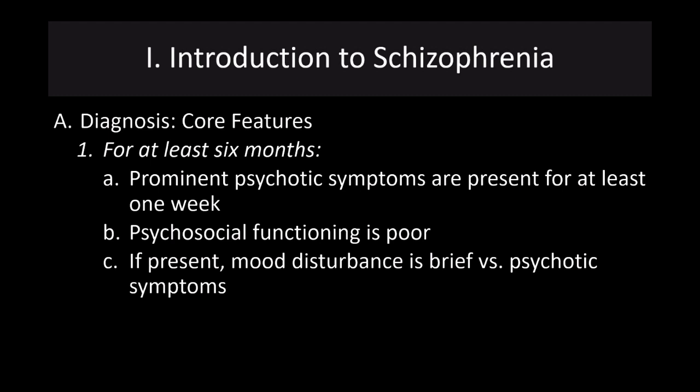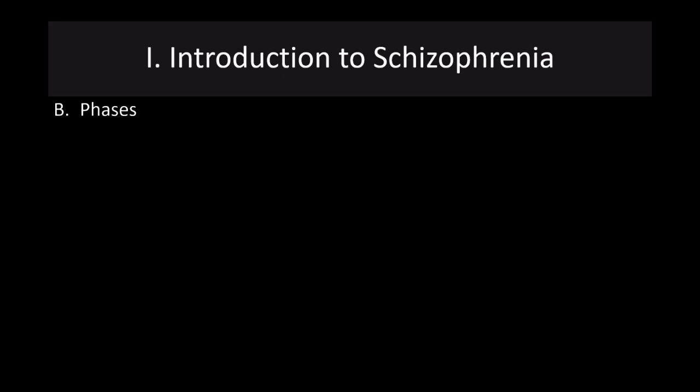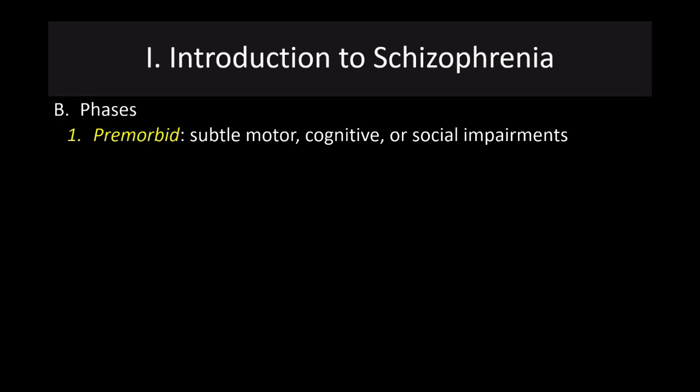There are a number of core features: prominent psychotic symptoms that are present for at least 1 week, poor psychosocial functioning, and mood disturbance is brief compared to psychotic symptoms. So it's more psychotic symptoms than mood disturbance. There are a couple of different phases identified in this particular disorder. Primarily, schizophrenia is diagnosed in late teens, early 20s, particularly in males. There can be earlier onset schizophrenia and later onset schizophrenia, but that's about the time in which most cases of